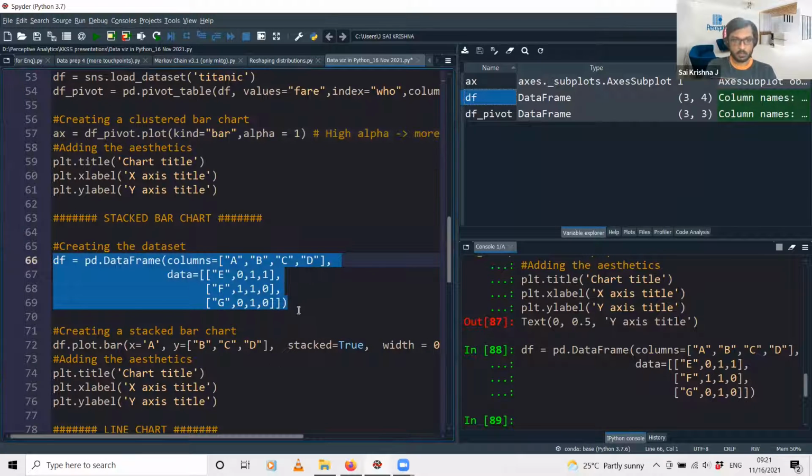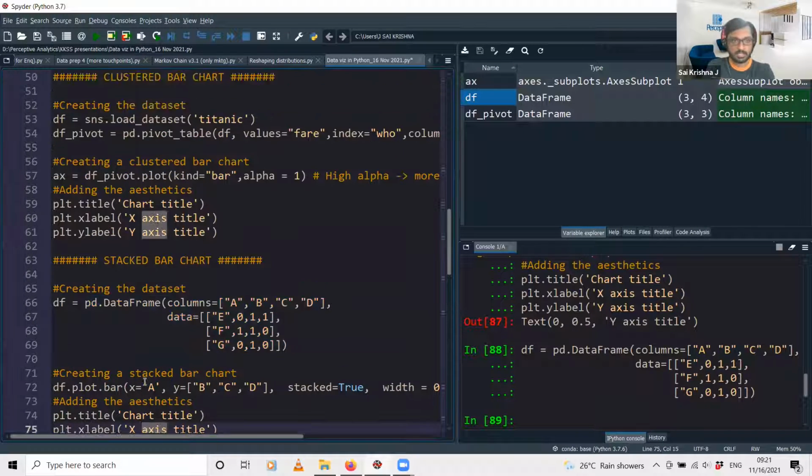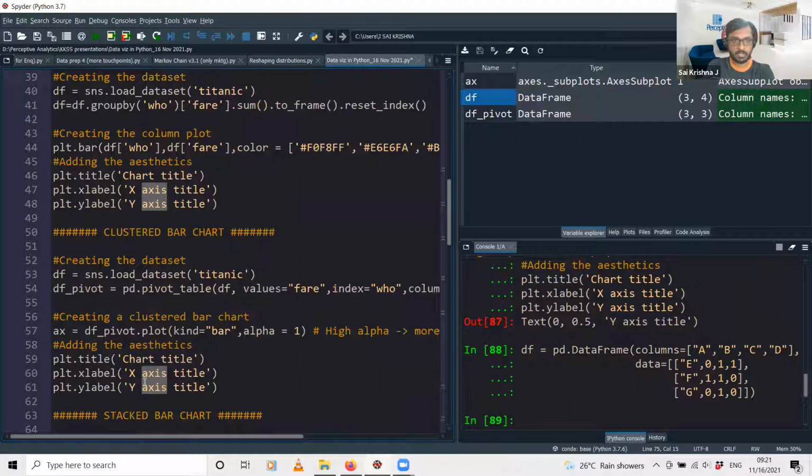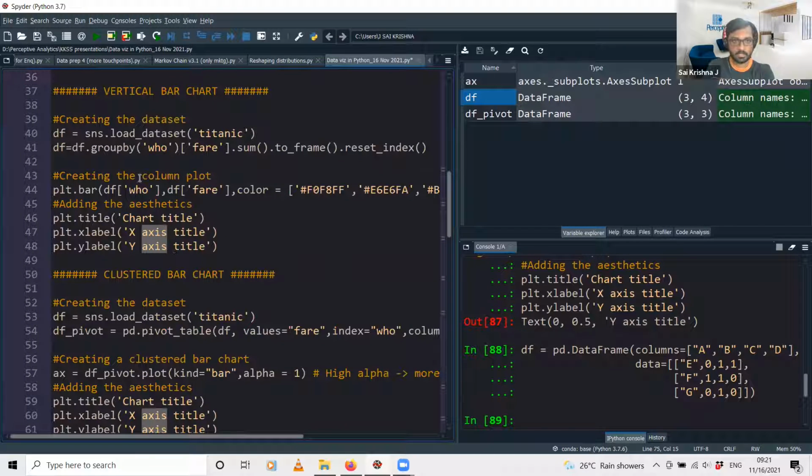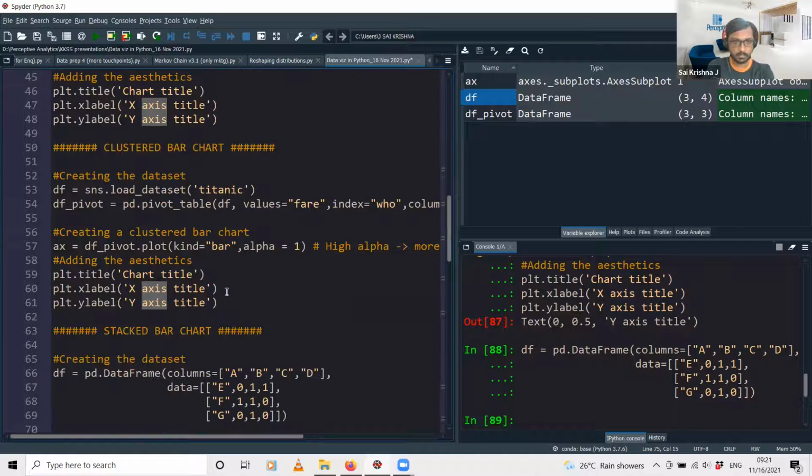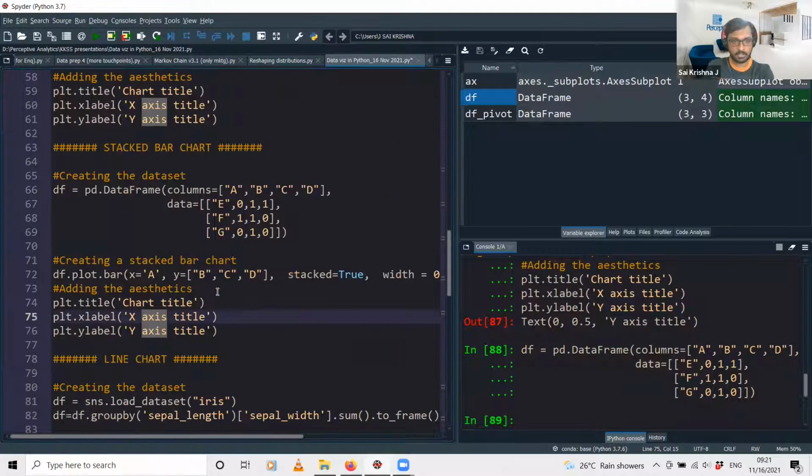Okay. Now how do we create a stacked bar chart? Again, the syntax is very similar to the previous bar charts that we created. Here we created the vertical bar chart, right, for which we use this function called plt.bar. We are using the same function over here, plot.bar, but here we give one additional parameter, which is stacked is equal to true.